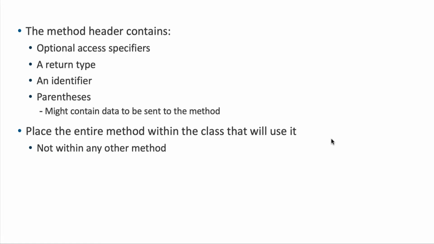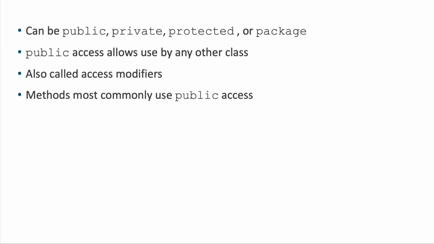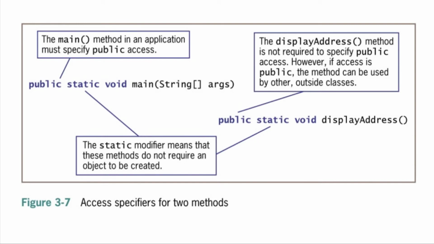The method header is the first line of a method. It contains the following: an optional access specifier, a return type, an identifier, and parentheses. Remember to place the entire method within the class that will use it, not within any other method. Access specifiers can be public, private, protected, or package. Most often, methods are given public access. Endowing a method with public access means that any other class can use it, not just the class in which